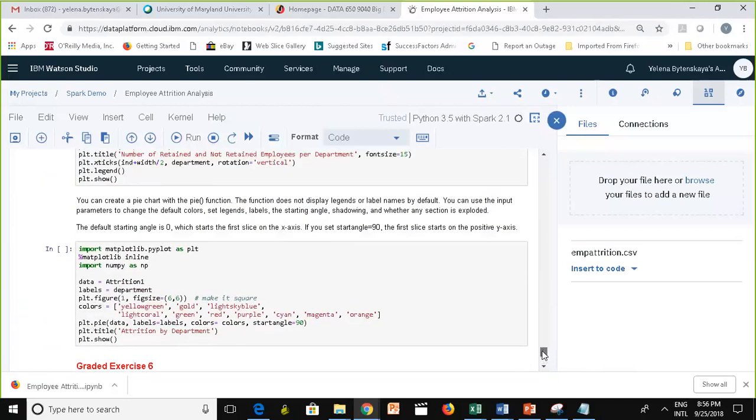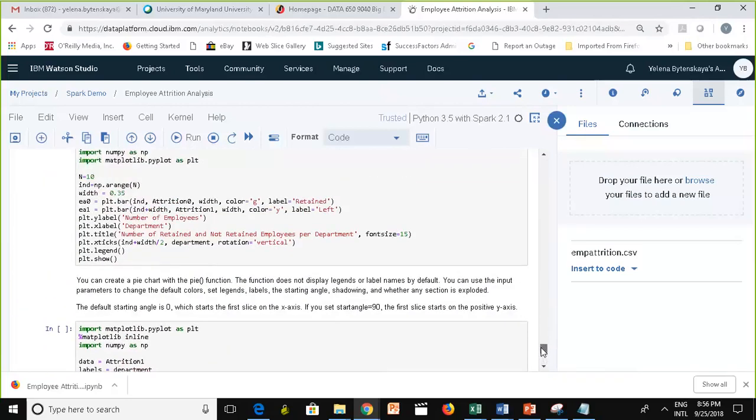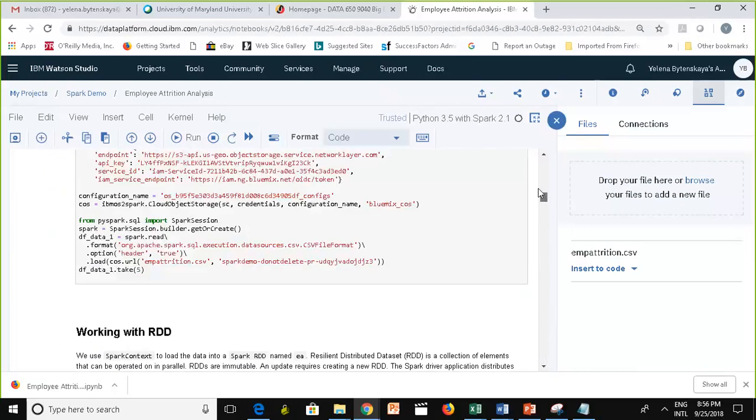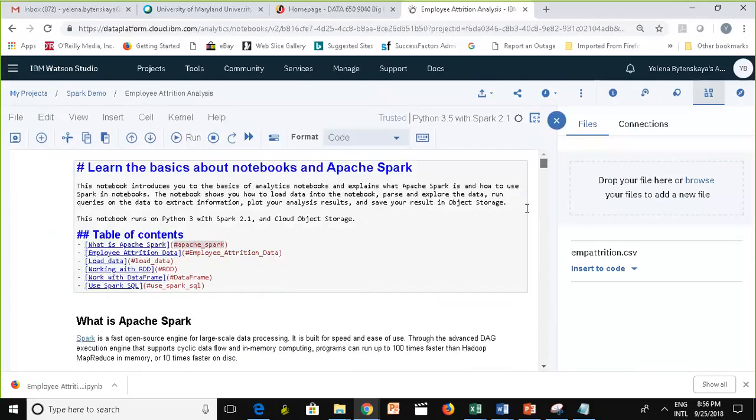So I'm just going to tell you, you should have some visualizations in here. I'm not going to tell you what the expected result is, because we want to see the results you get, right? We want to see the results that you get when you run your notebook.